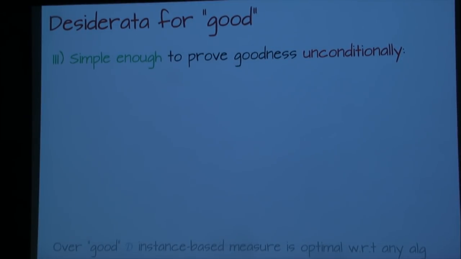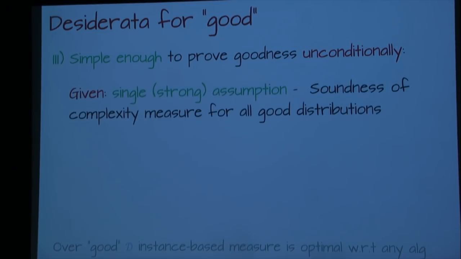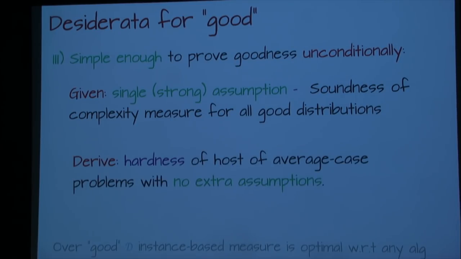And we also want it to be simple enough so that we can actually prove that a distribution is good unconditionally. We don't want to have to use a conjecture, and we want to be able to analyze it. So what we would like to be able to do is, once we have found a notion of a good distribution, we make the single conjecture that our complexity measure is sound, and from that conjecture, we ought to be able to get all of those average case problems, at least in principle,